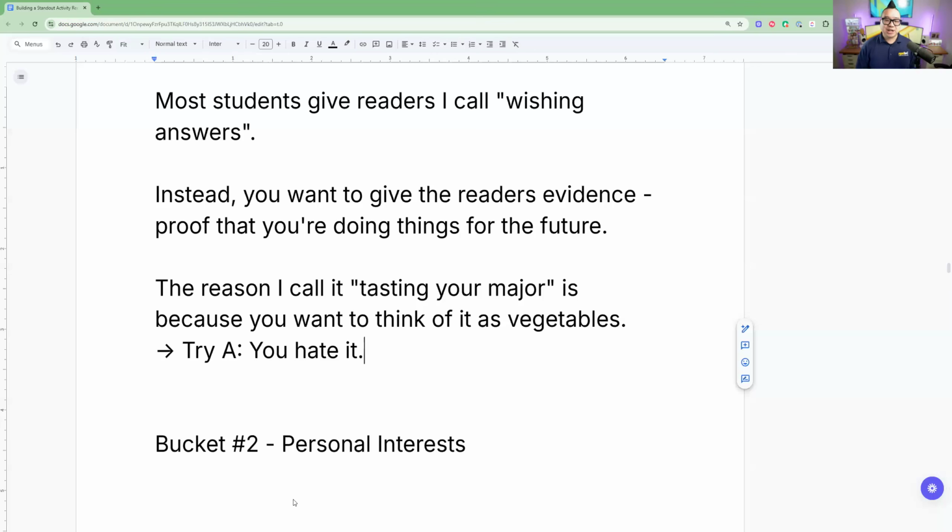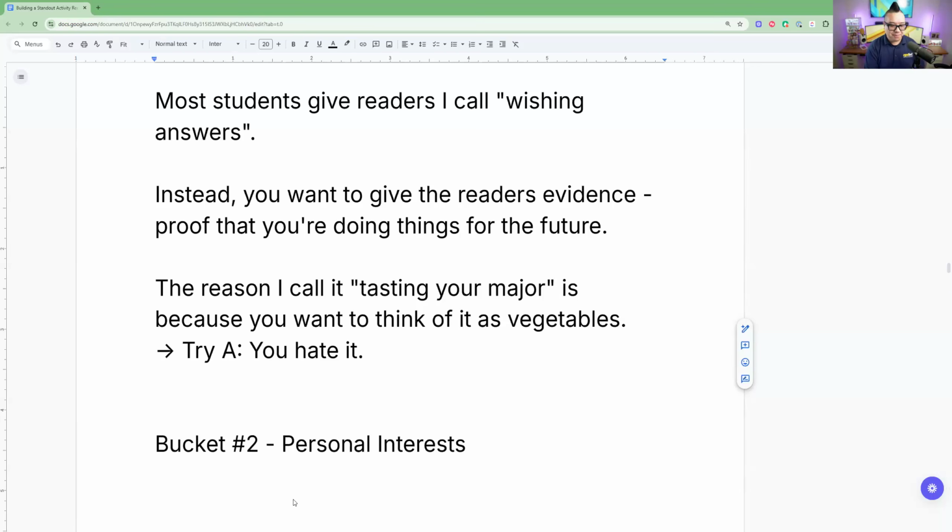That's why we're doing this. Because so what if you try out engineering and you don't like it? Cool. You did it, check it, cross it off. Next thing. I tried this. What if I don't like it? Cool. Cross it off. Next thing. So you keep doing things to show the readers that you've tried it, but you don't like